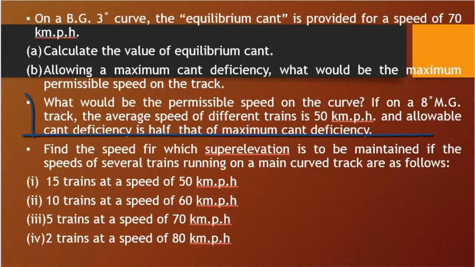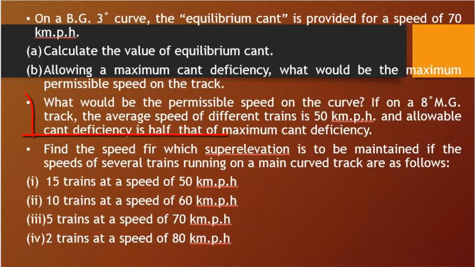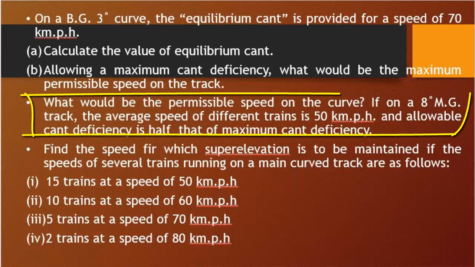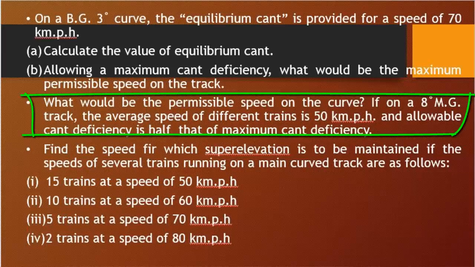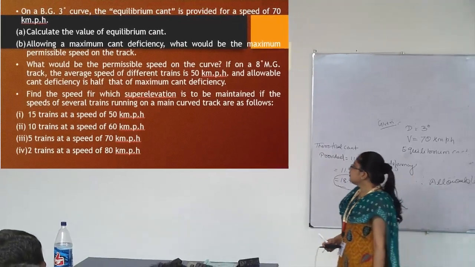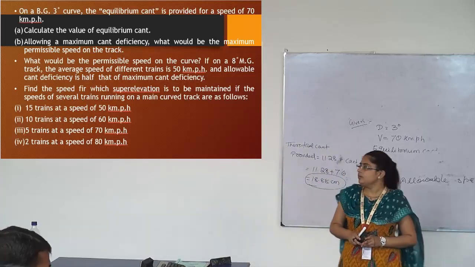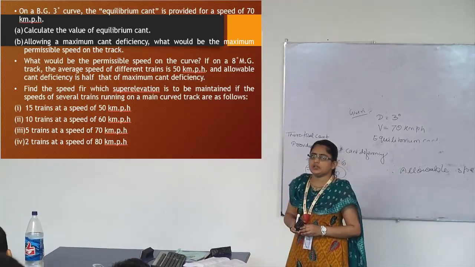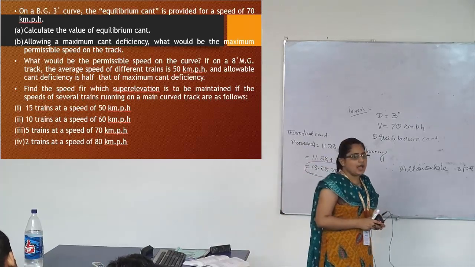Next question. What would be the permissible speed on the curve? What would be the permissible speed on the curve if, on an 8 degree meter gauge track,